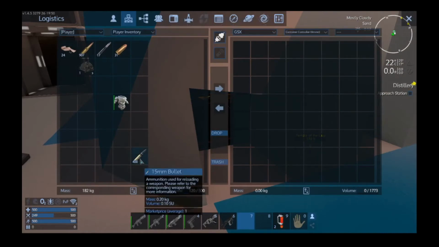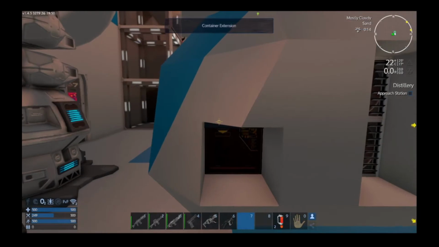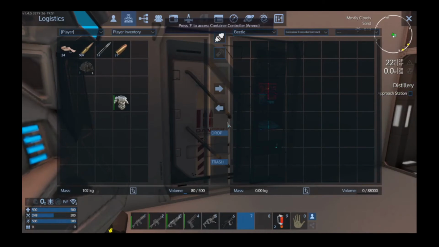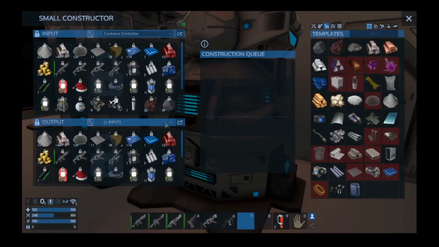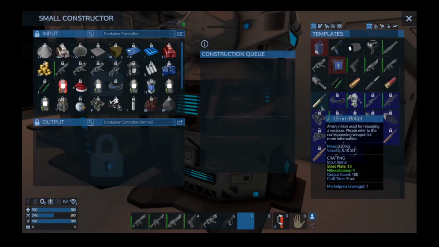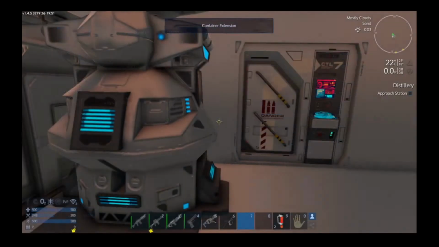So we'll put the 15mm back in there. And we'll turn power save off for the meantime. And we shut the door. So we need some 15mm bullets and some 30mm, so we'll get these little constructors working on all that. Then they can feed straight into there. So we want some projectile rifle rounds. So if we get that tuning through, say, 10 watts out of there,